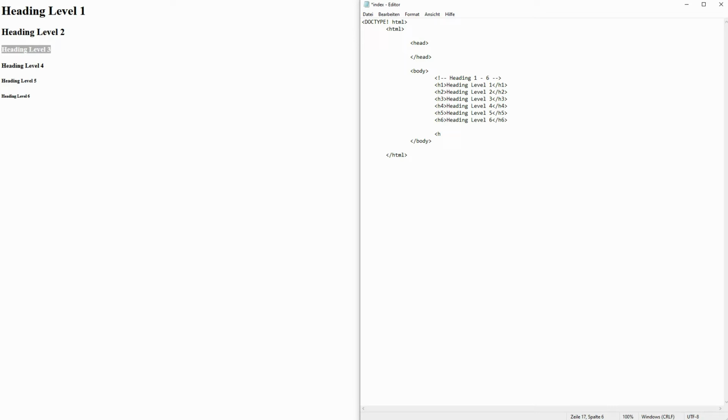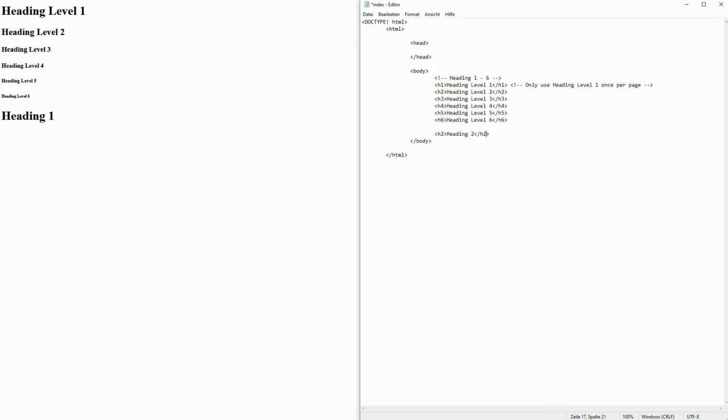Usually you write it like this, so an opening tag, then a closing tag. Let me save it, Ctrl S, and I reload it. Here's my heading. You should only use one heading of level 1 per page, but you can use multiple H2s, H3s, whatever you need. Technically you could also use multiple H1s, so it's not wrong to do that, but it certainly gives the user a better experience and is also better for search engines when you only use one H1